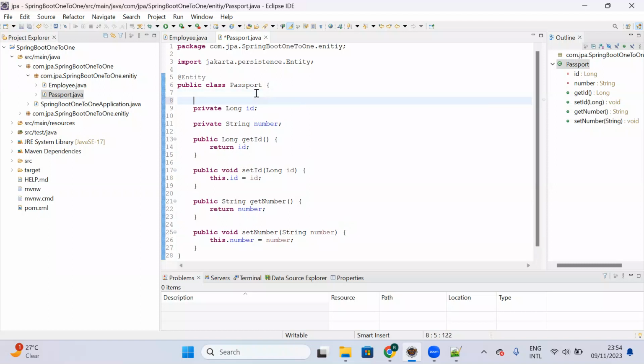So now we have to declare the primary key of passport, right? So id, passport id is a primary key in the passport table. So now we have to declare it with @Id as the primary id. Organize the imports, Control Shift O,